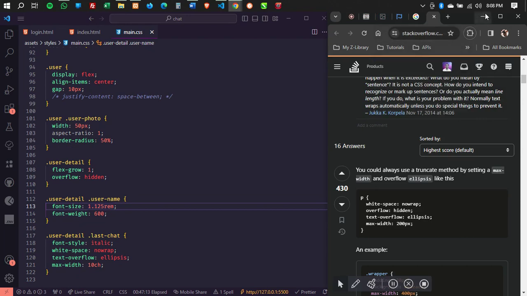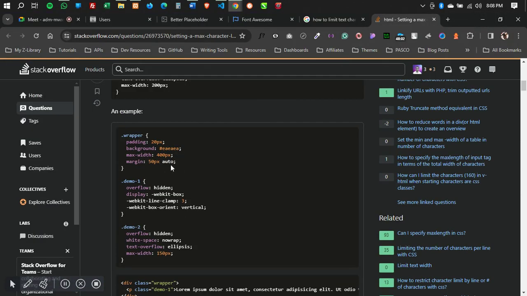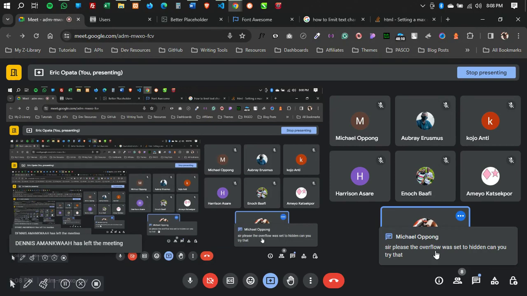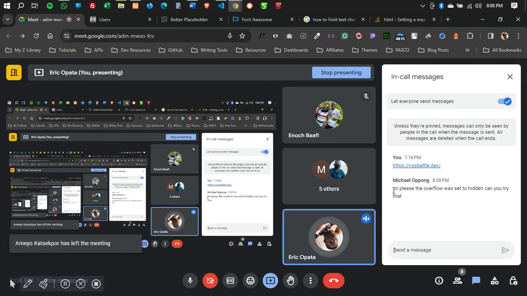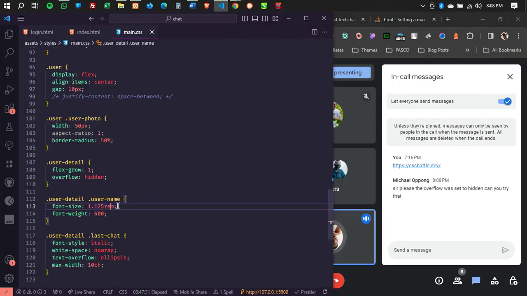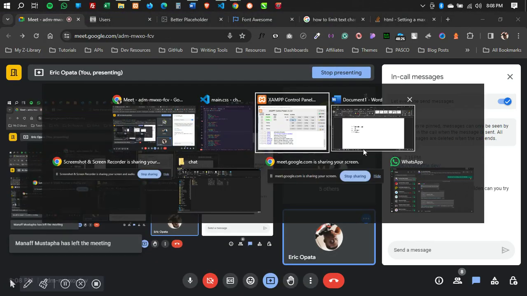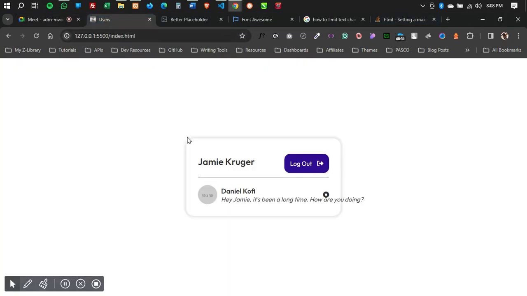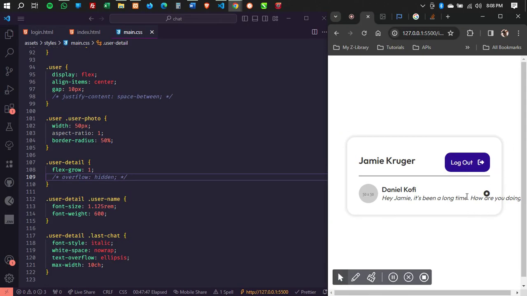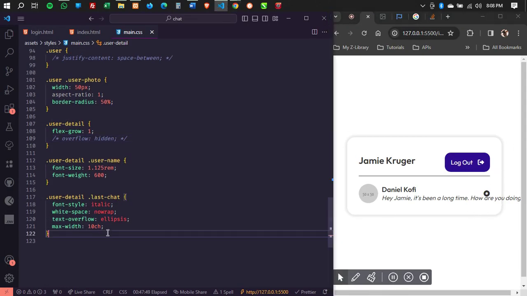Let me see. I think there are a few more properties we should be clear on. Somebody has a hand up. They say, "Oh, the overflow was set to hidden. Can you try that overflow hidden for the user detail?" Yeah, it's supposed to be hidden for the parent, and the parent is supposed to be hidden. If it's not hidden, this is going to show. But the max width is